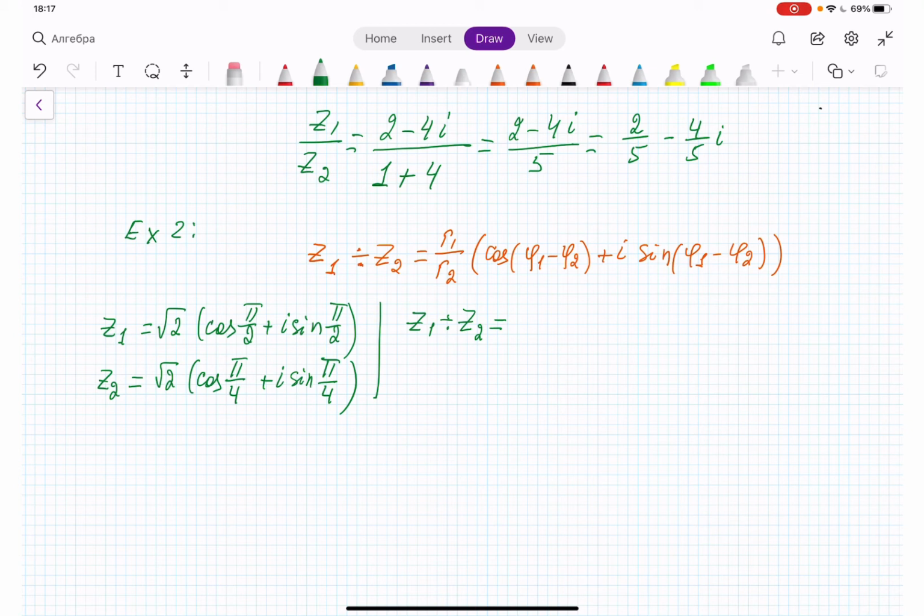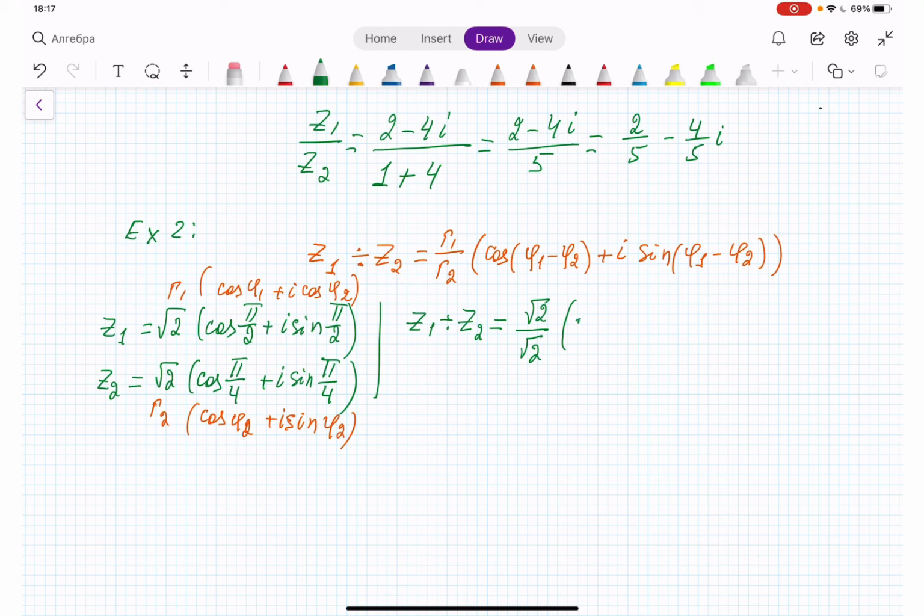Let me write down, this is r1 (cosine theta 1 plus I sine theta 1), here is r2 (cosine theta 2 plus I sine theta 2). Which means r1 is square root 2 divided by r2, which is also square root 2, and times